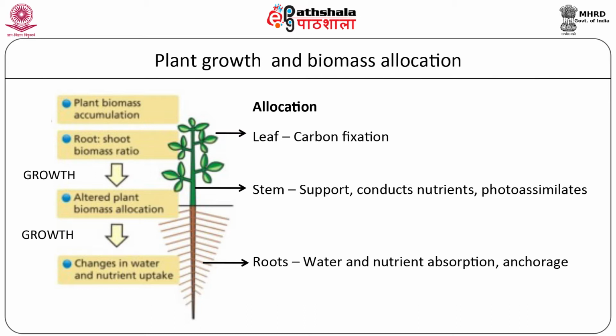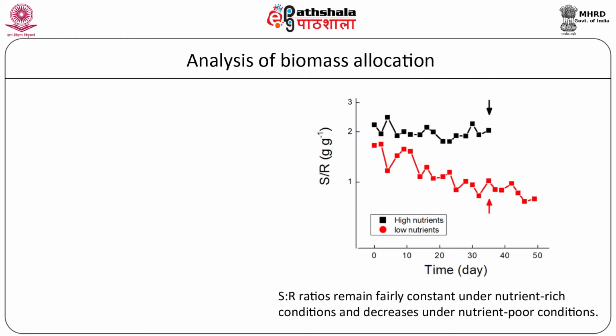Biomass allocation is genetically determined and is considered to be a strong driver of the capacity of plants to take up carbon, water and nutrients for growth. Allocation to leaves, stems and roots has to be balanced such that the allocation matches the physiological activities and functions performed by the organs. Biomass allocation can be studied by several methods.